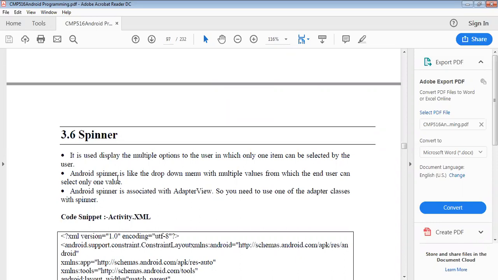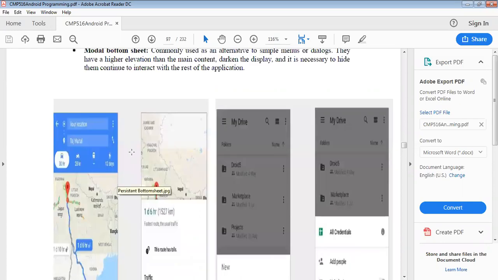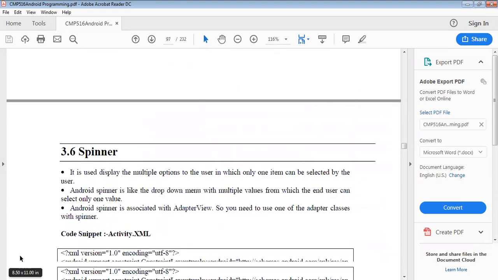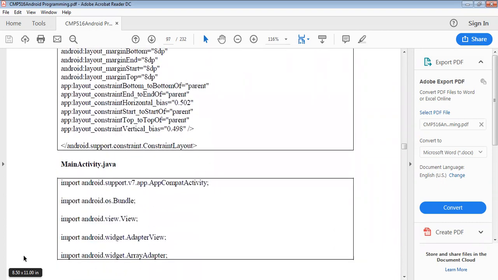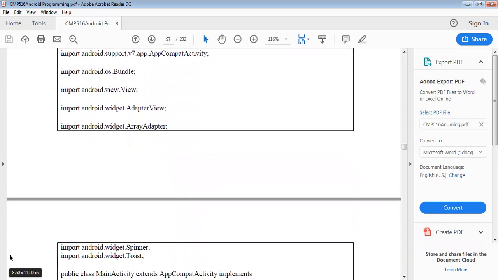In Android, a spinner is associated with an adapter view, so you need to use one of the adapter classes with the spinner. Here is the actual example of the activity XML and activity in Java.